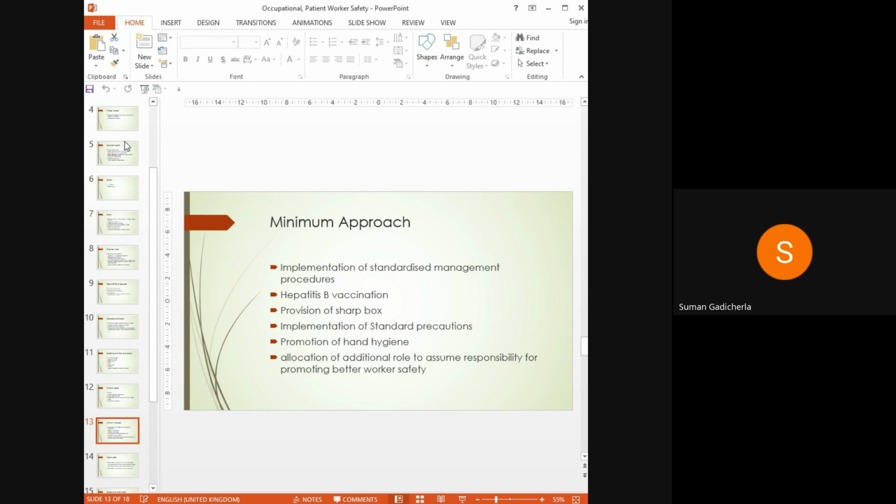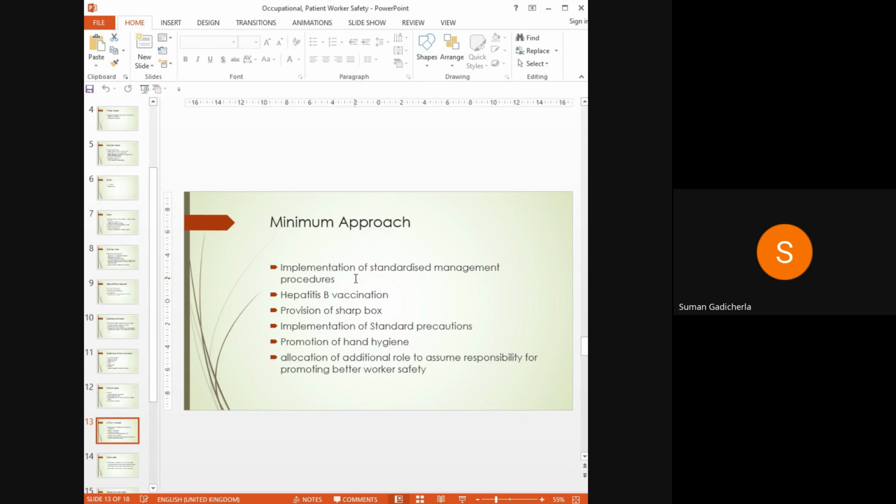So the minimum approach for occupational safety that we can take is the implementation of standardized management procedures. Standardized in the sense that it has to be uniform and comply with the rules and regulations usually followed in most places. These procedures have been proved to be protective. Those are the ones we should follow: standardized management procedures,